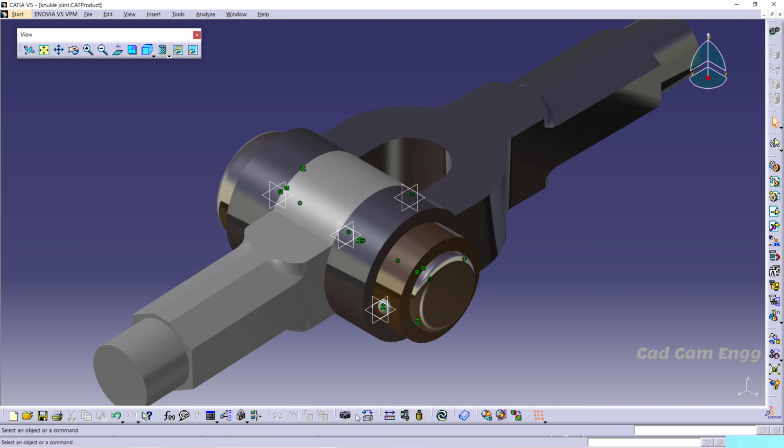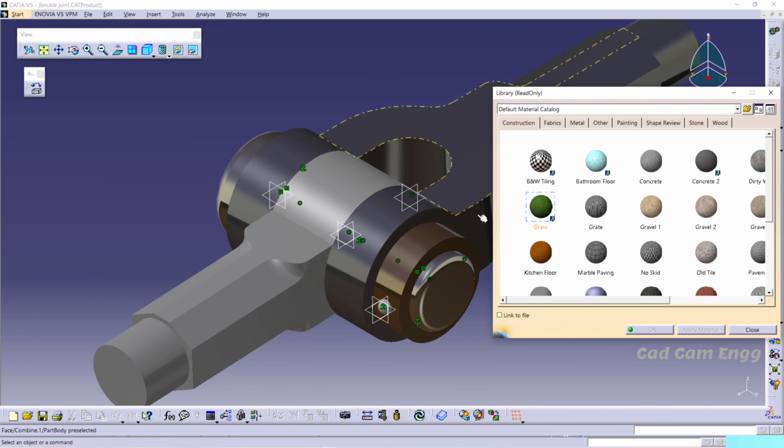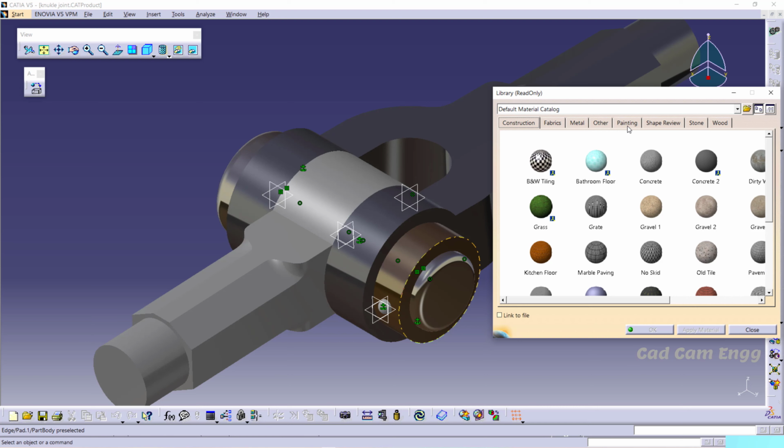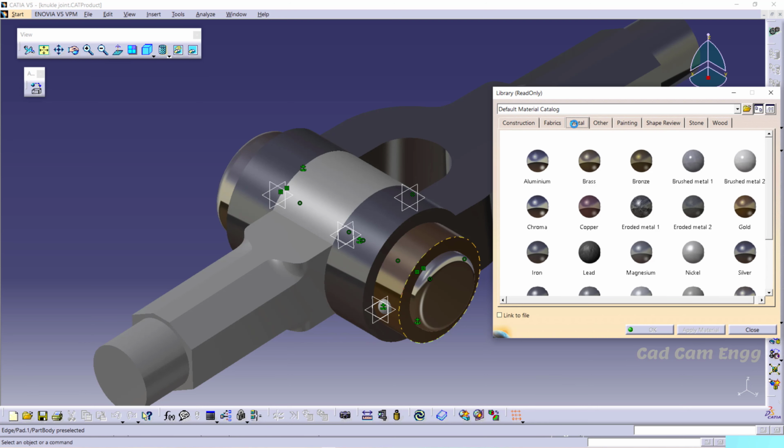This color difference is due to the material property. Okay, I have given material from this tool, which is the tool we use to give material. If you select this, a new window will open. Okay, a new window will open like this, and then you can give any metal, fabrics, constructions, painting, anything else.